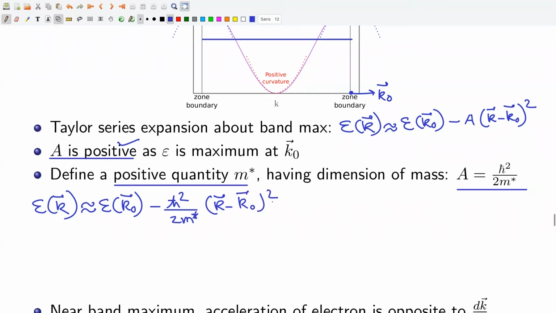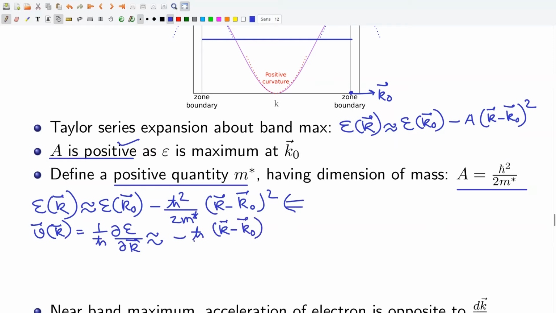Now we calculate the first derivative of E with respect to k to get the velocity. v(k) is equal to 1 by h bar times the first derivative of energy with respect to k, and from this equation we have minus h bar squared (k minus k0) divided by m star,